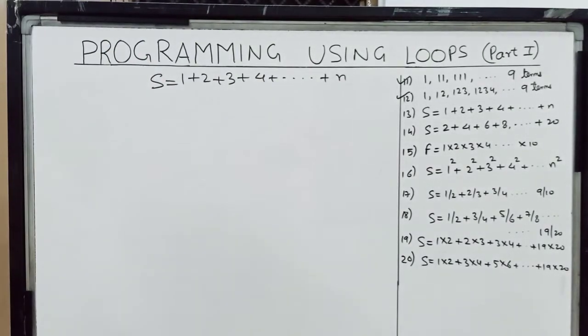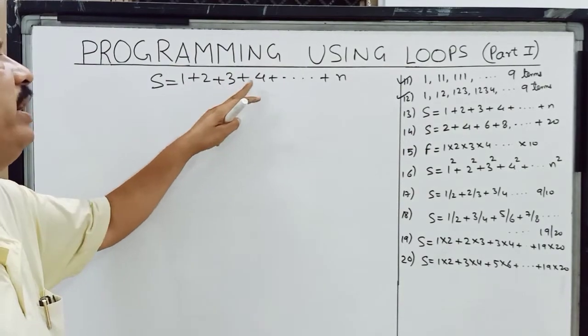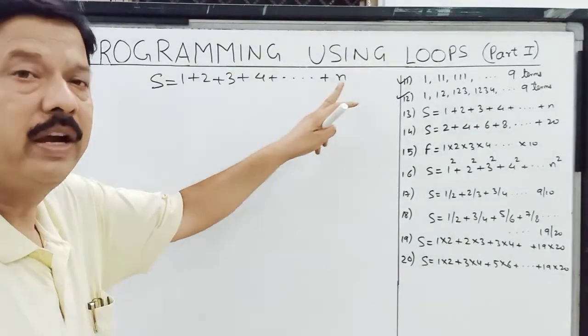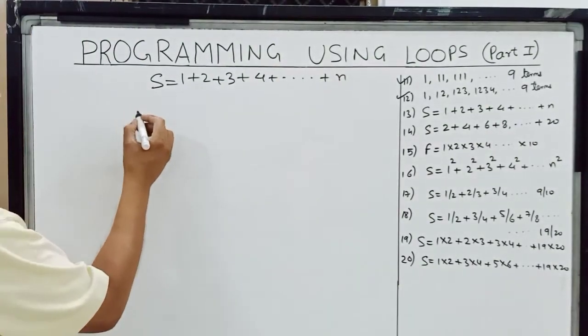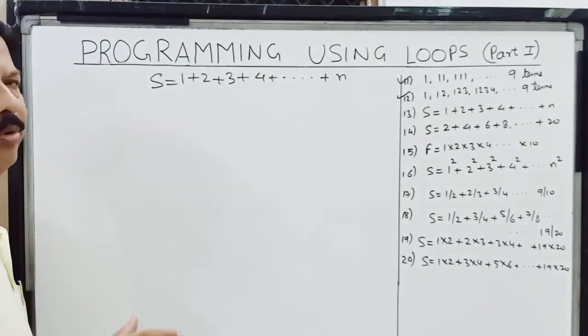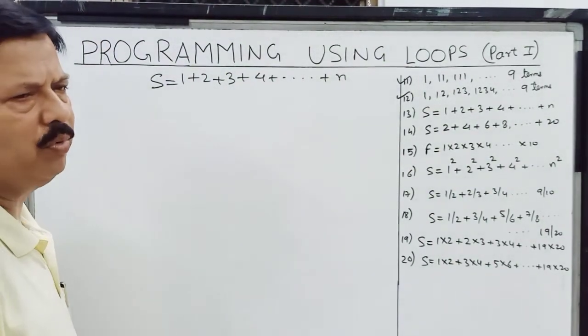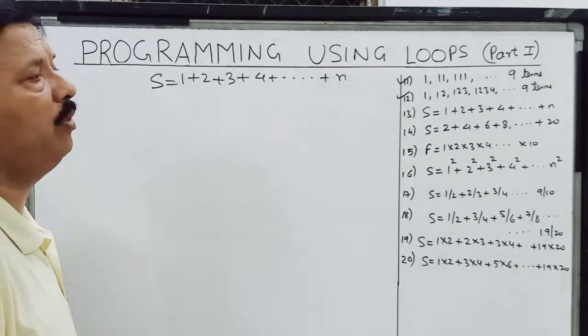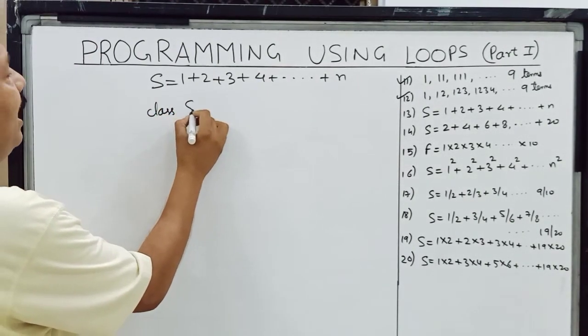So this series is asking us to find the sum of 1 plus 2 plus 3 plus 4 plus 5 plus 6 till n. N is the value which we are going to enter. So children, it is a program on series, but it is sum of series. And most of the time in the board exam, questions are asked in sum of series only. So for this, what we do, class series,